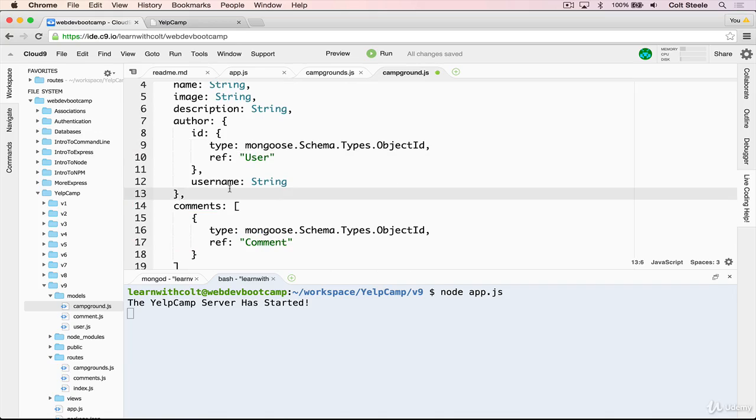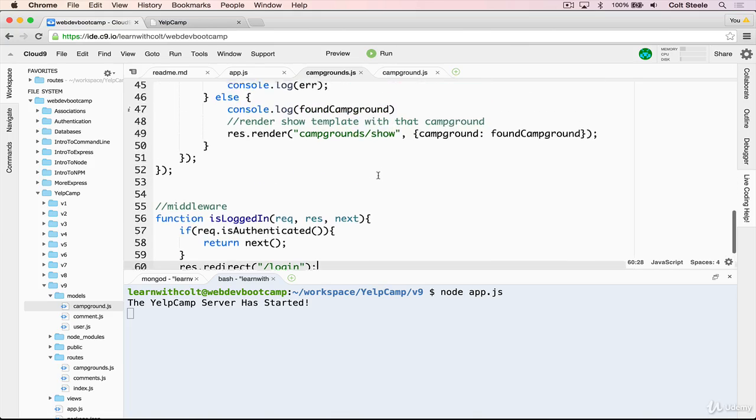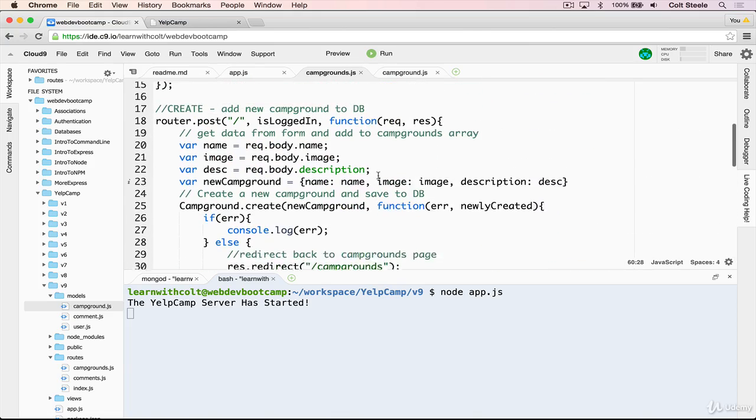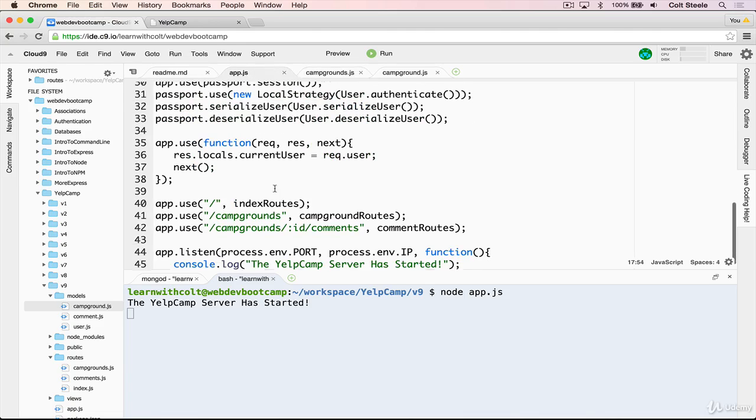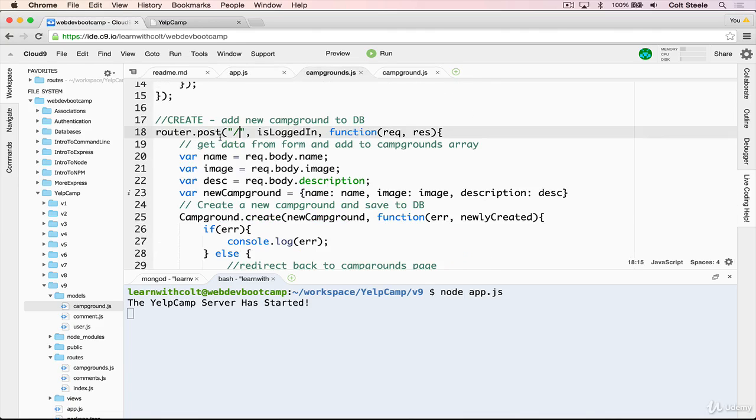Okay, so we save. Now what we'll need to do is set up the logic inside of our campground create. So when a campground is created, we want to take the current user's ID and the current user's username and save them into the author on that campground. And that will work pretty much the same way that it worked for comment as well. So let's go to the campground route, and then we need to find create, which is right here, router.post /, which remember is actually /campgrounds, because in our app.js we have this line here. So when this route comes in,